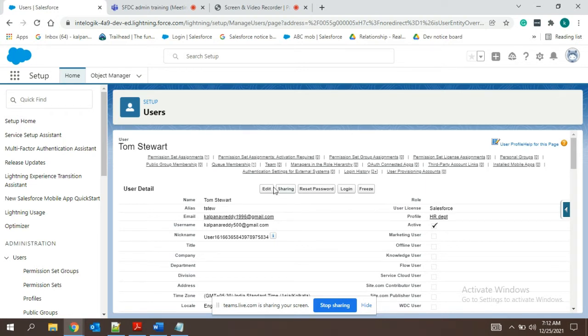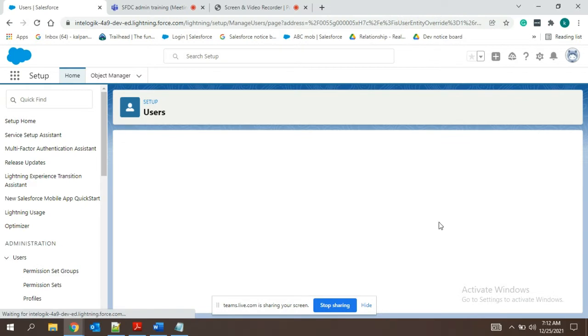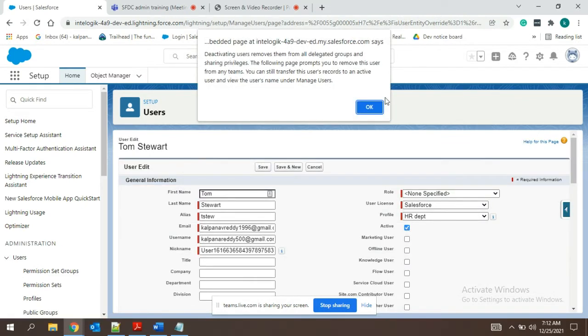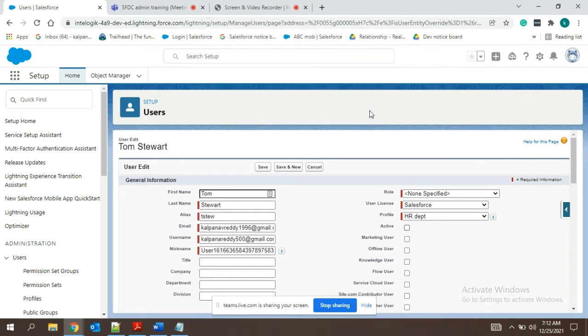Once you edit it, it becomes an editable checkbox. You can uncheck it and save, so that Tom will be deleted from the organization. Delete in the sense not totally delete, but his Salesforce license will be freed.